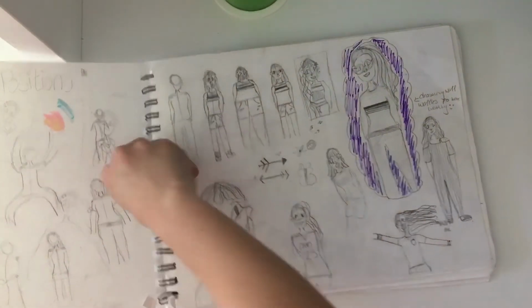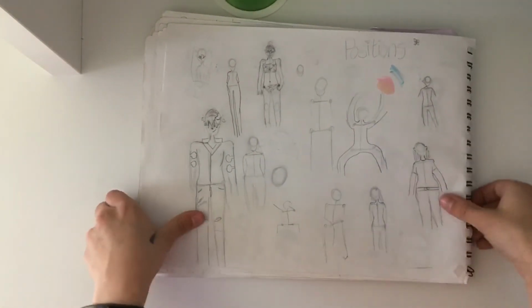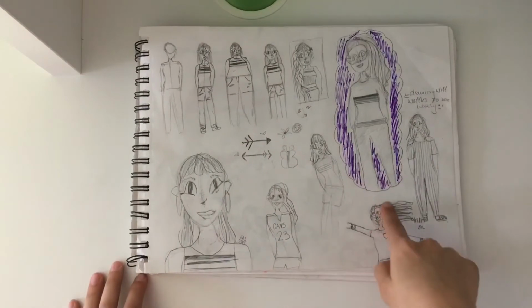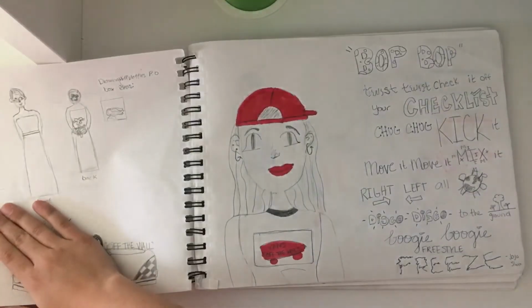Next page, I started really understanding how to draw humans, and so I was practicing with that. This is actually one of my favorite pages in my sketchbook out of all of them. This is definitely one of my favorite drawings. I also like this one and this one. I'm very, very happy how those turned out. Here,